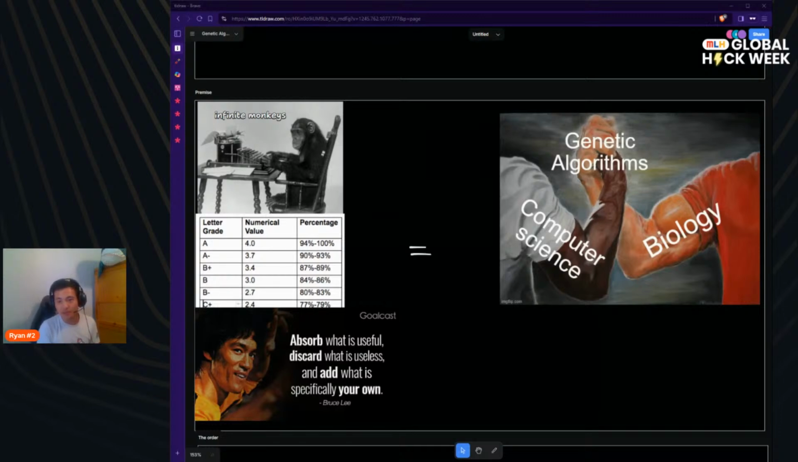TSP problems as well. Nice. I don't know what a TSP problem is, so feel free to elaborate on that in chat. Okay, but going on,